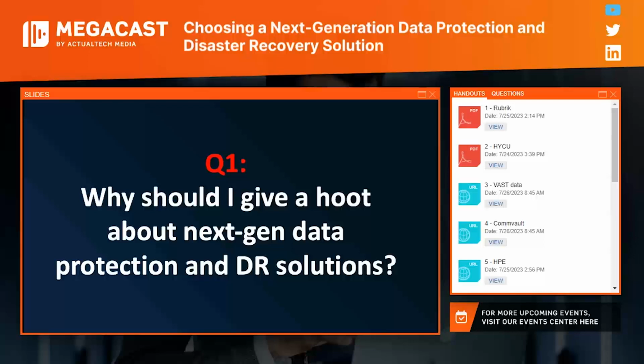Another reason to care is you need to make sure that your data is secure. Whether or not you're hit with ransomware, most companies have regulations that they need to comply with, GDPR, CCPA. It is a legal requirement. And then, of course, ransomware aside, if you have a disaster, a fire, flood, hurricane, whatever it might be, you need to be able to rapidly recover your data, get your business back up and running. But you also need to be looking for more efficient solutions out there. Newer data protection solutions may provide much more efficiency, cloud integration. And we'll be talking more about why you should care about these solutions and what to look for in upcoming questions. So with that, let's move on to question number 2.